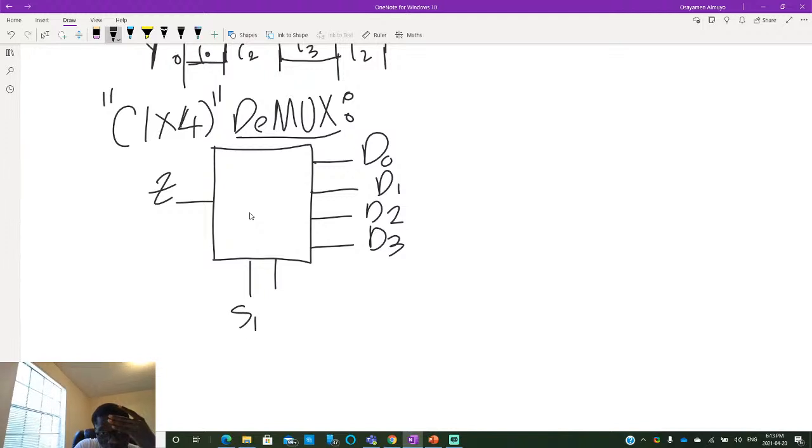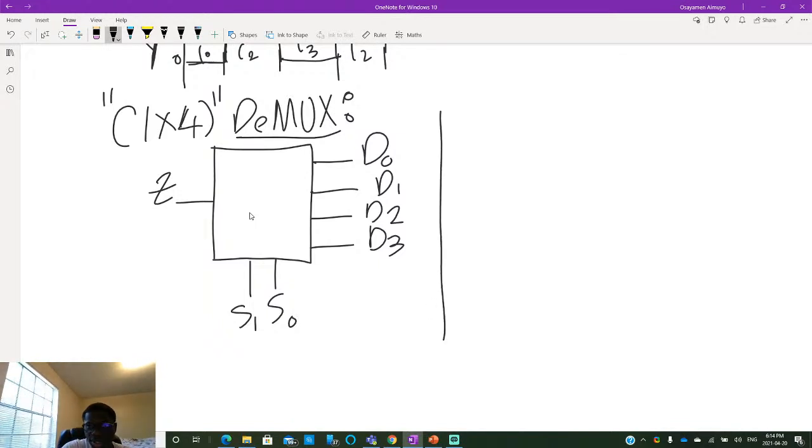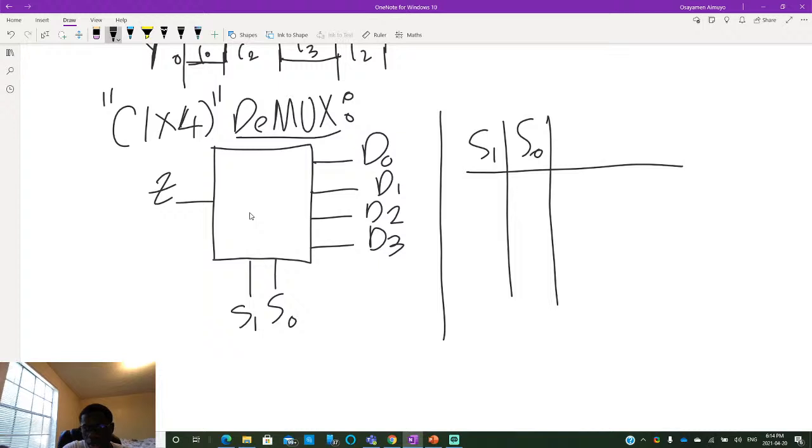So we have S1 and S0. Okay, so basically, the truth table for this is something like,